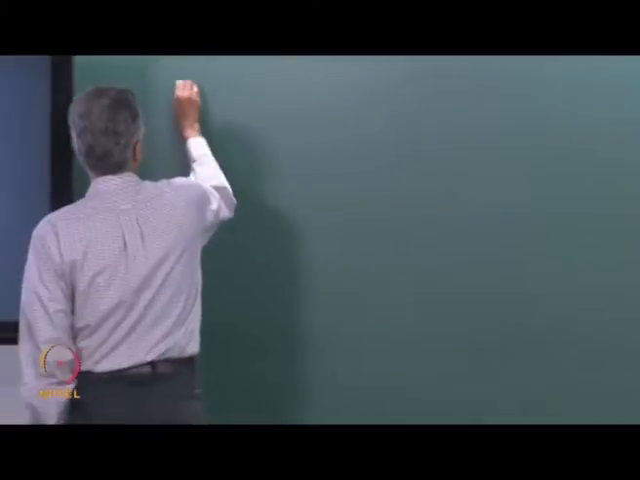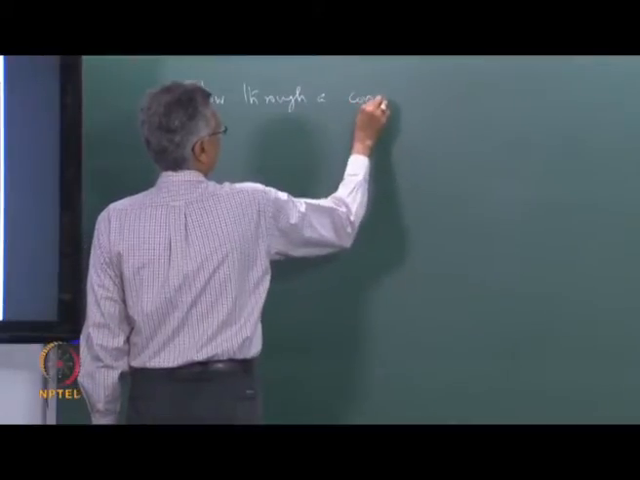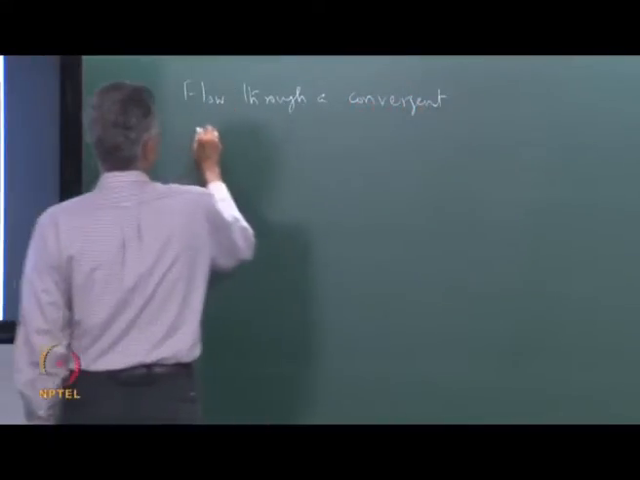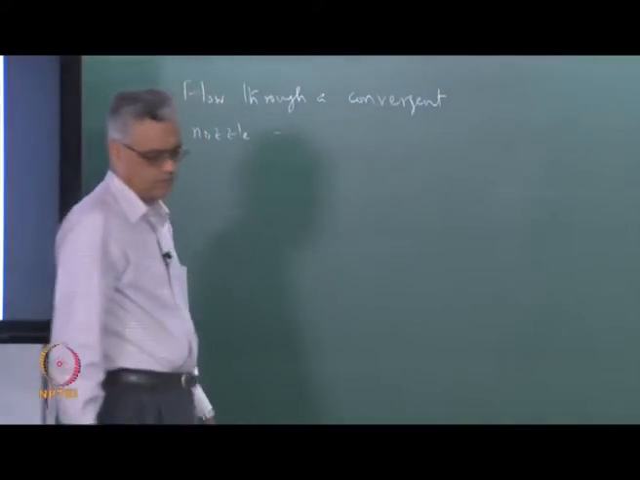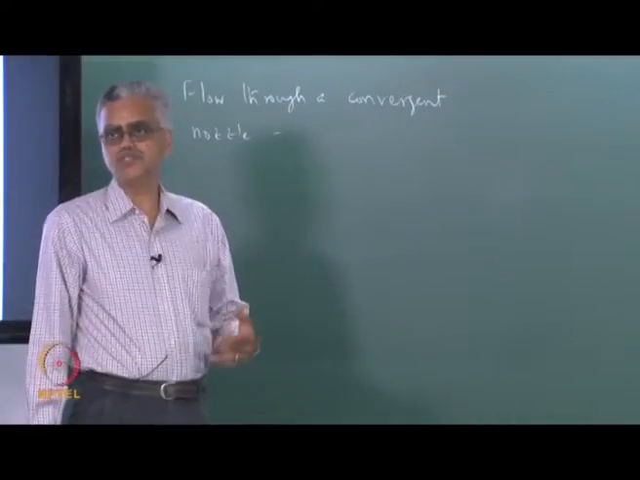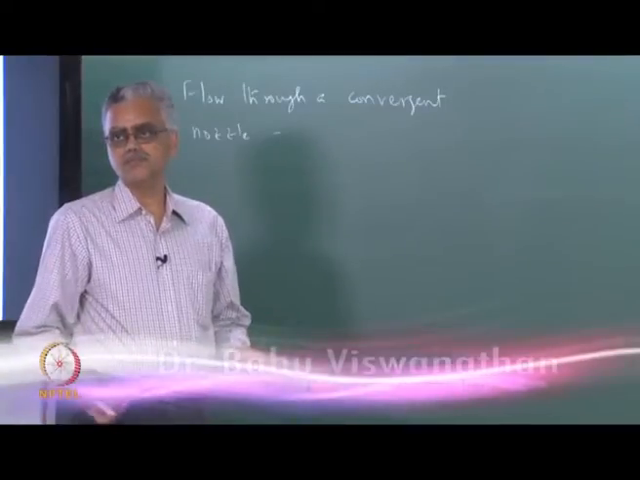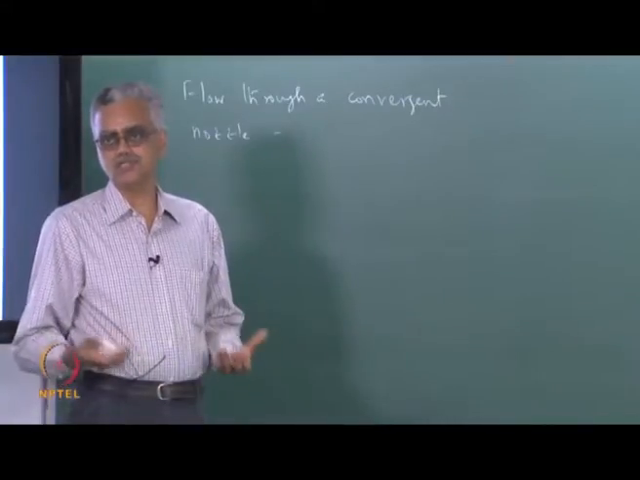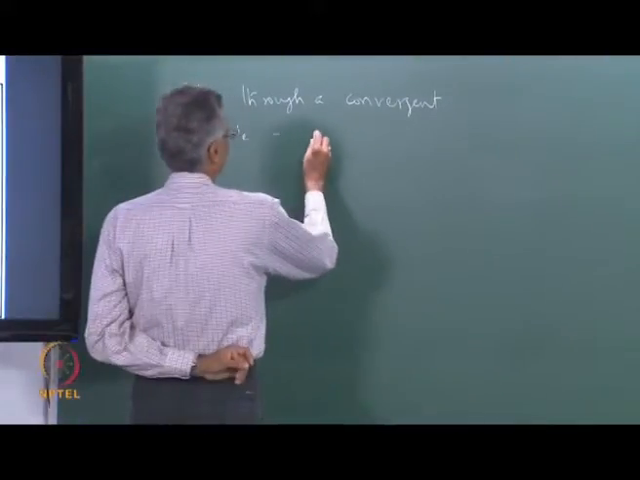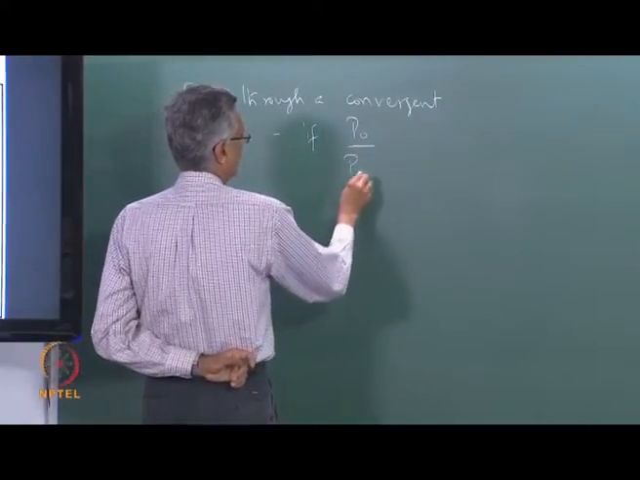In the previous class, we looked at flow through a convergent nozzle. And we showed that irrespective of whether the flow is pushed through the nozzle, which means changing the stagnation pressure at the inlet and keeping the ambient pressure constant, or whether you pull the flow through the nozzle, where you keep the stagnation pressure at the inlet constant and change the ambient pressure, irrespective of that, we showed that if the ratio P0 divided by P ambient,